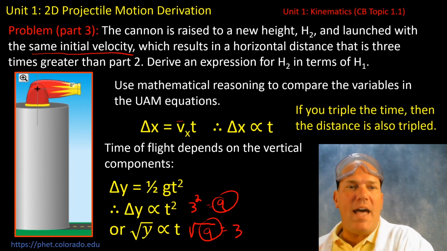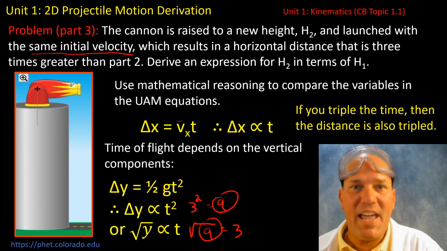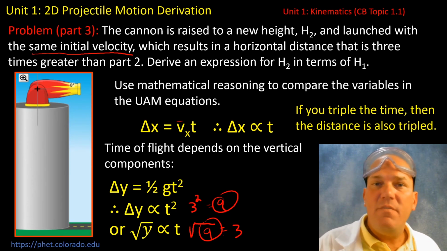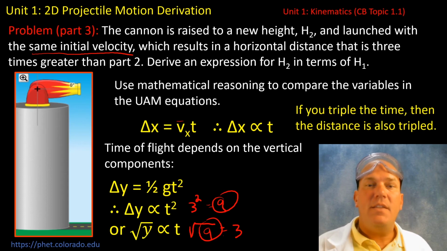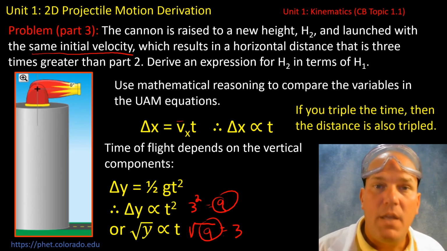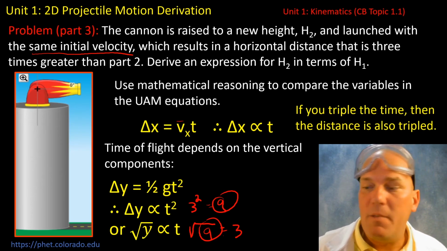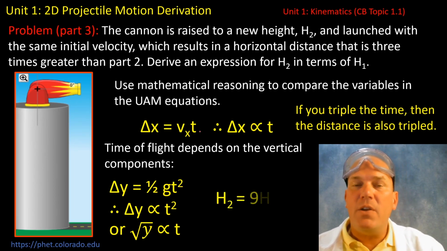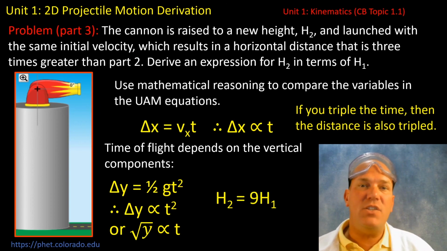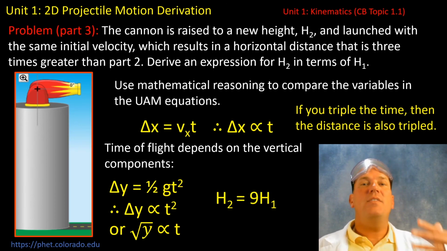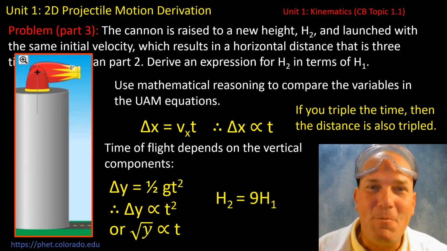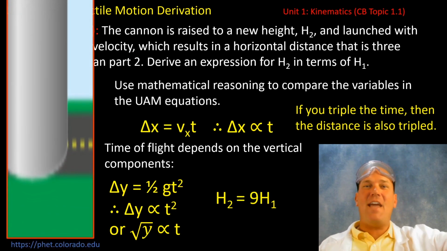So if the height is 9 times higher than the initial height, that will give me a time of flight that is tripled. And if I triple the time of flight, I triple the horizontal distance. So your answer is simply that h2 is 9 times the original height h1,